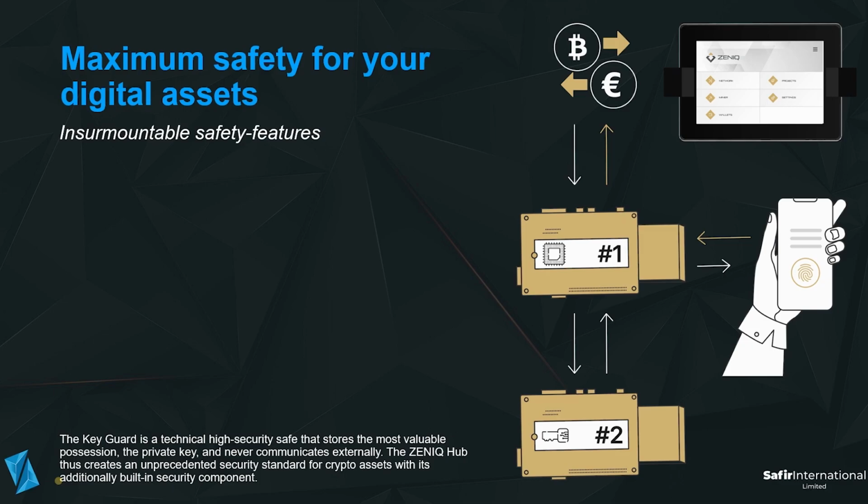But this chip number 2 is not connected to the internet, meaning that a hacker could potentially get into chip number 1, but it doesn't work for him to get through chip number 2, where the private key is stored. So without this private key, a hacker has basically no access at all to your funds and assets that are